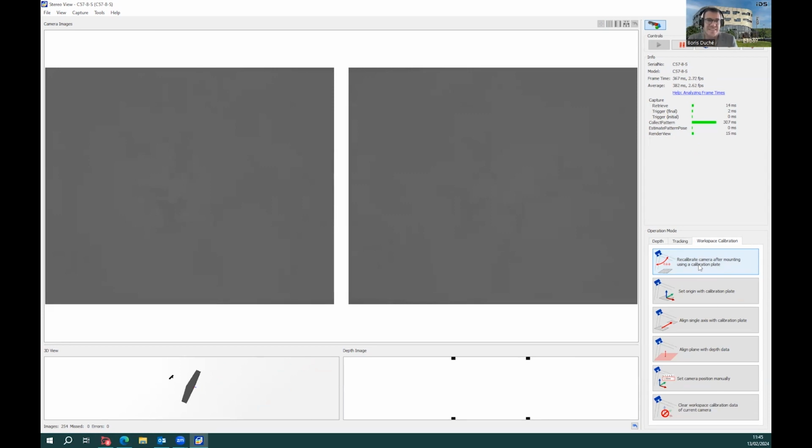This is an extremely simple process. You just have to click once, it will take an image, and it will make a very light recalibration of the camera to make sure that you have the best achievable results. So this is a good habit to take. That concerns the intrinsic calibration of the camera.